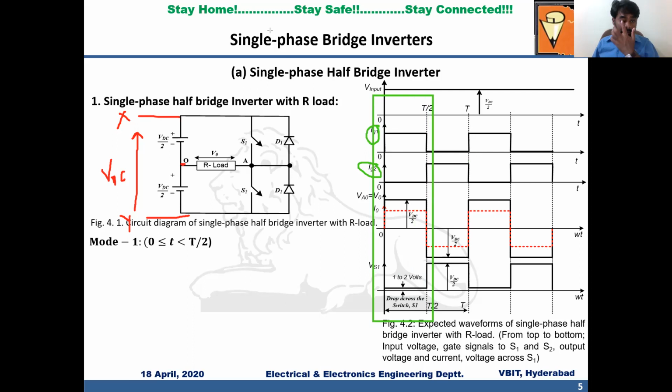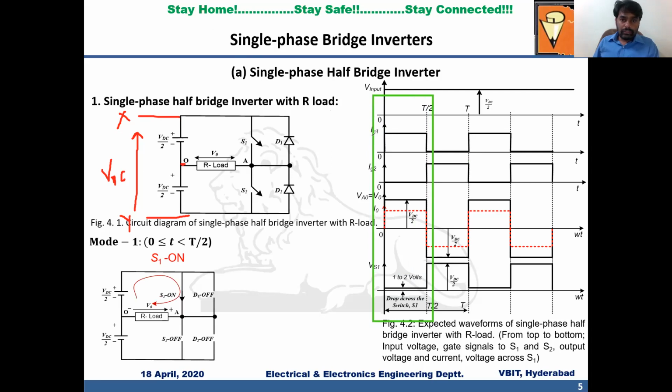So this is our mode 1, where I want to make the switch S1 in on condition. So if I apply triggering pulse to S1, you can see I am applying sufficient gate pulse to S1 for this much duration, which is of T/2 time interval. Then S1 is replaced by short circuit because I applied triggering pulse to S1. The current always leaves from positive terminal. It is leaving from VDC positive through S1 anode and cathode. Internally, they may be connected like this, and load and back to the terminal O.